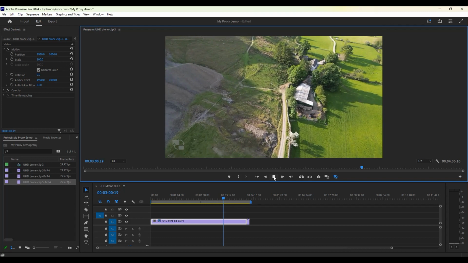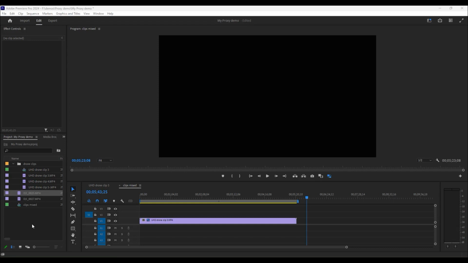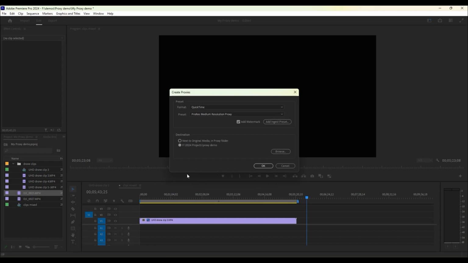And remember, when you export your work, the video you generate will be based on the original clips, not the proxies. You can also generate proxies directly from other clips that you have imported into the project without setting the ingest settings to produce proxies. To illustrate this, I've copied another UHD clip from outside of the project without generating a proxy. To create one, I just right-click the clip, select Proxies, then select Create Proxy, and go through a similar process